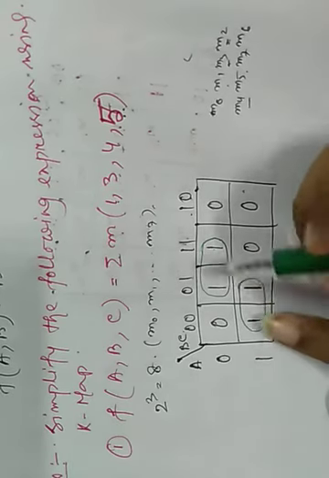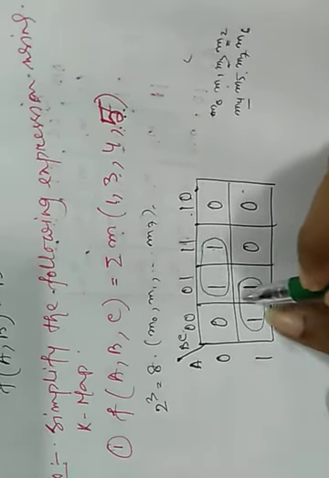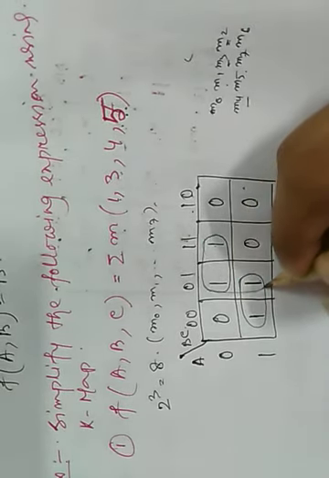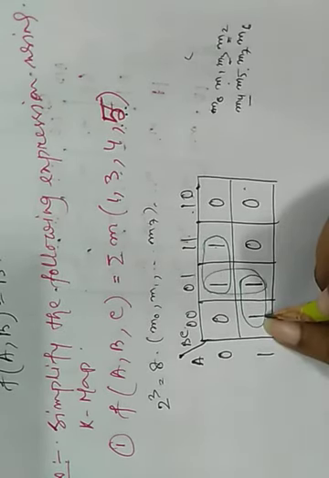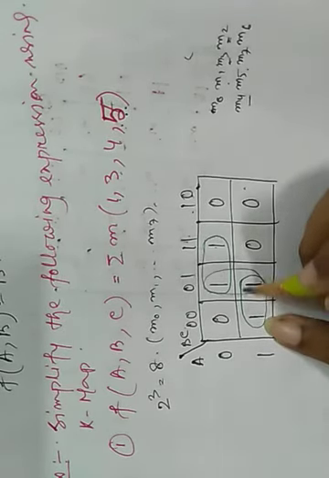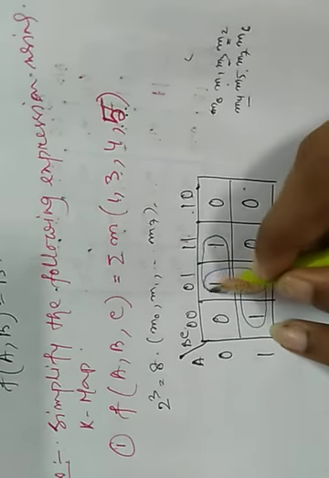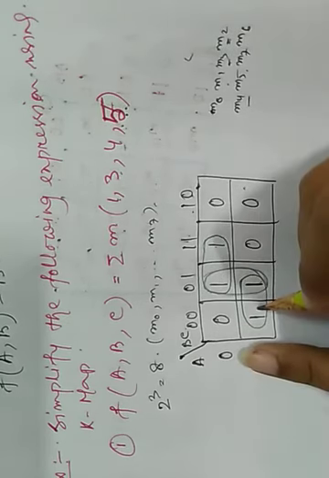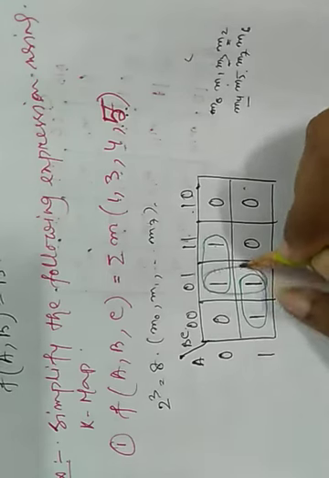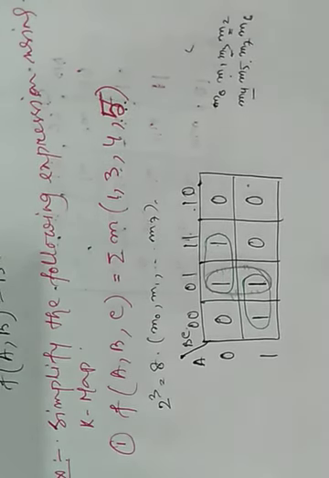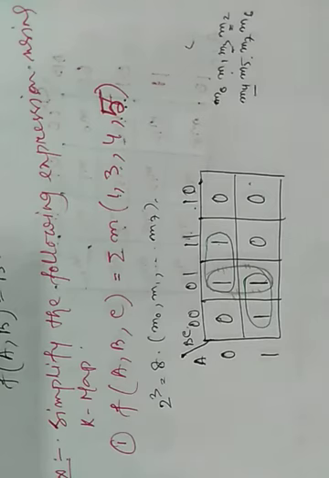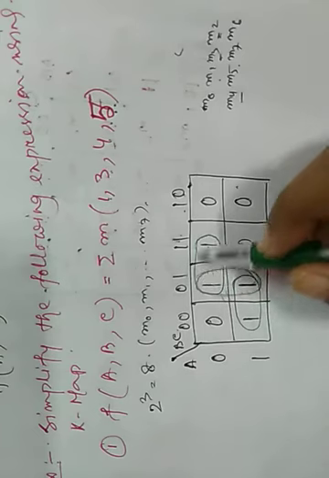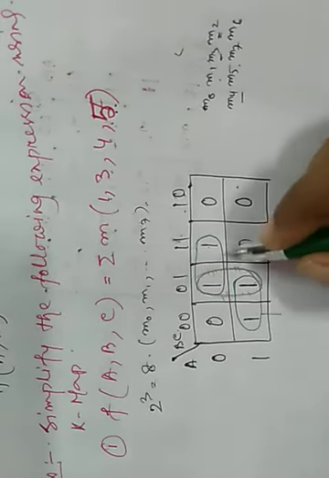But suppose you combine this one previously, then this one is left as a single value, then again you have to combine this. This circle already contains ones which are already in a circle, so we don't need this circle. Okay, with the minimum number of circles we have to cover all the ones. So here we have 2 circles, one for this and another for this.